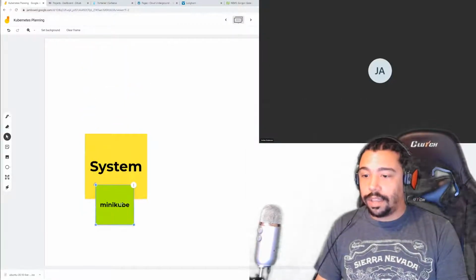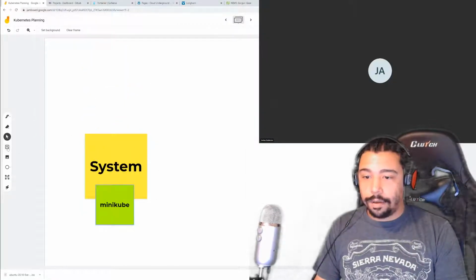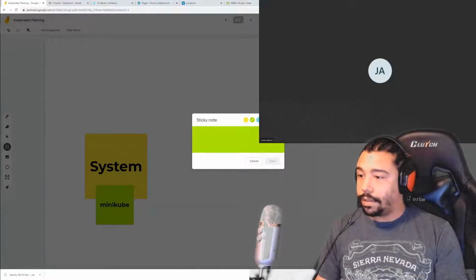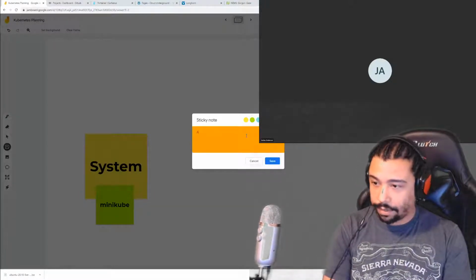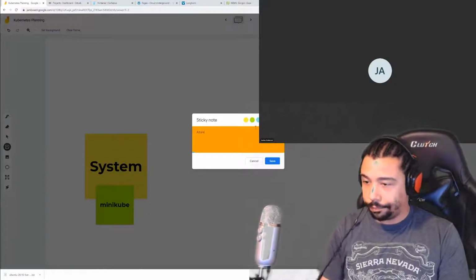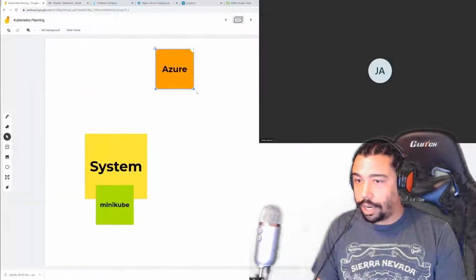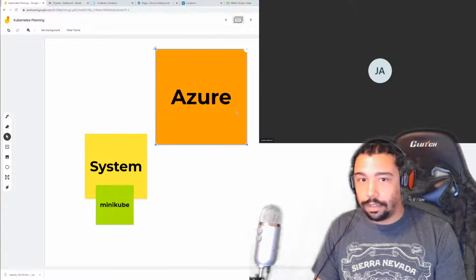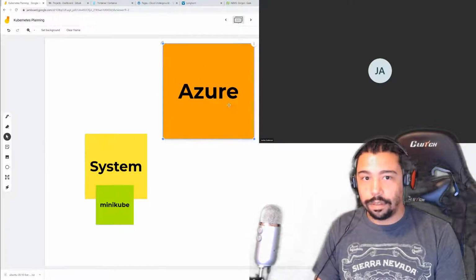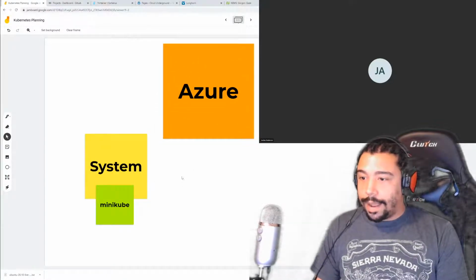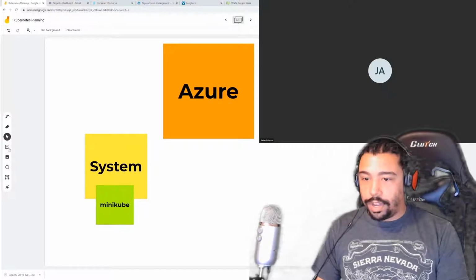And then let's say that we have a cloud instance, which in this case we'll say is Azure, right? So let's get into this. If we have Azure, it's a giant cloud instance, and let's make it big because it's like the big cloud. And let's say in Azure we have,